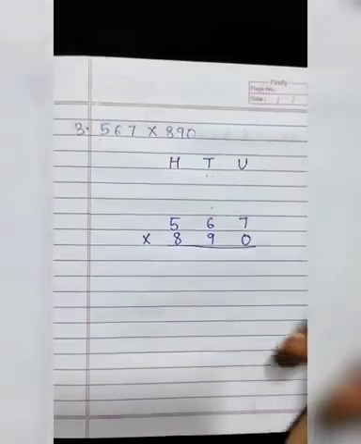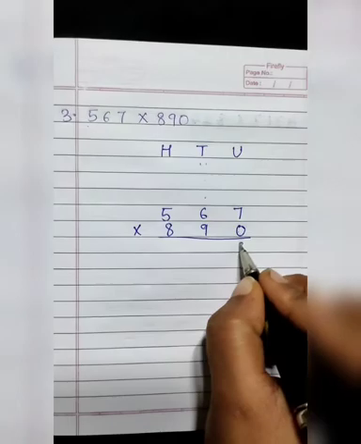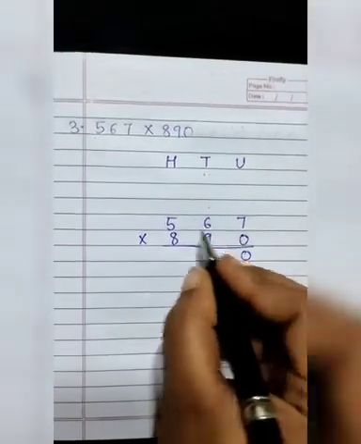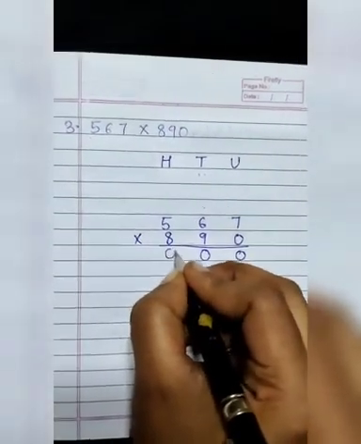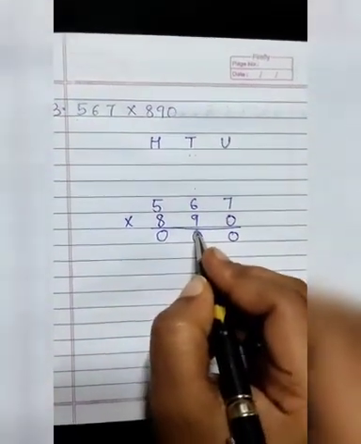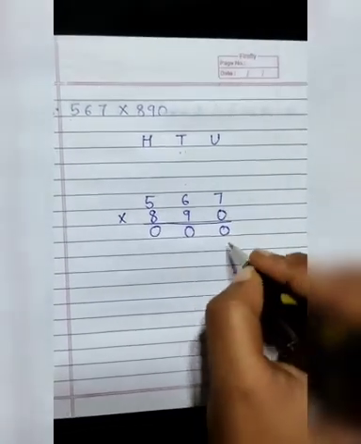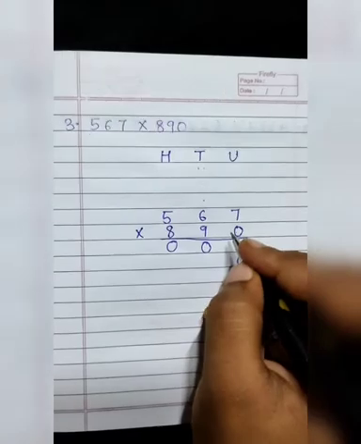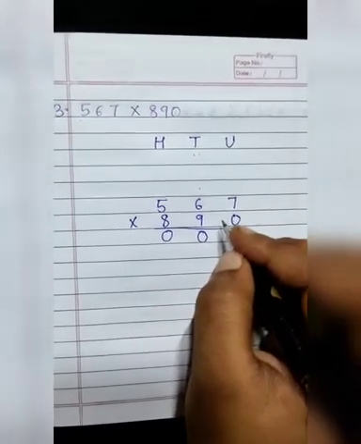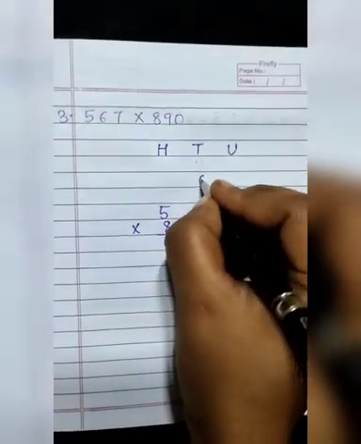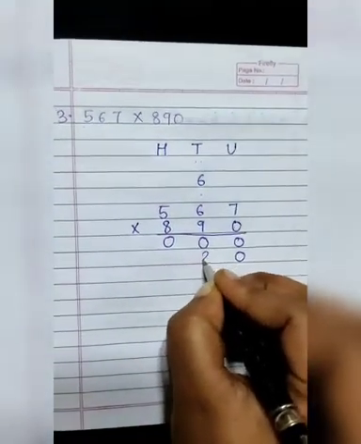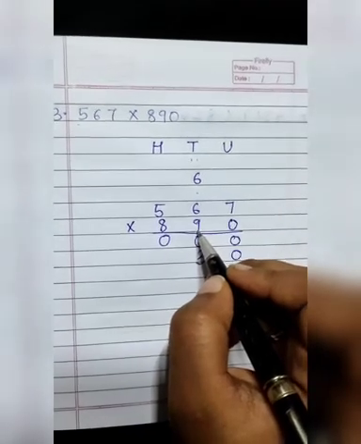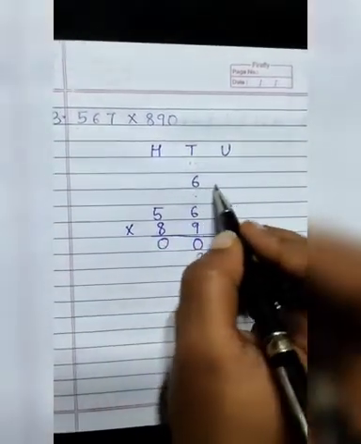So let's start with our sum. Now 0 multiplied by 7 we will get the answer 0. 0 multiplied by 6 will be 0. 0 multiplied by 5 also will be 0. Now we will be taking the number which is on the tens place. So first we will write here 0. Now 9 multiplied by 7 will be how much? It will be 63. So we will write here 6 and 3 we will write down. As I've said students, if you take the second number to multiply, you will do the carry on the second line.